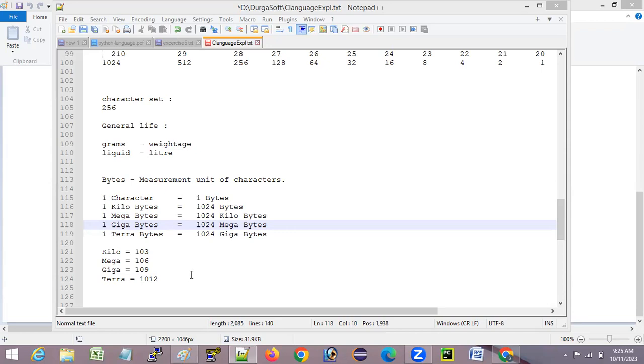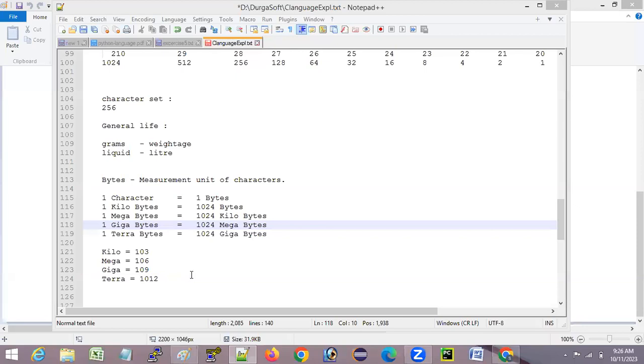1 character equals 1 byte. 1 kilobyte equals 1024 bytes. 1 megabyte equals 1024 kilobytes. 1 gigabyte equals 1024 megabytes. 1 terabyte equals 1024 gigabytes. So 1 petabyte equals 1024 terabytes. 1 exabyte equals 1024 petabytes. 1 delta byte equals 1024 exabytes. Like this way,